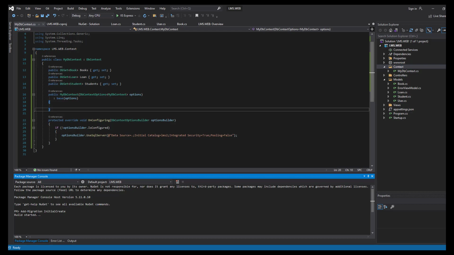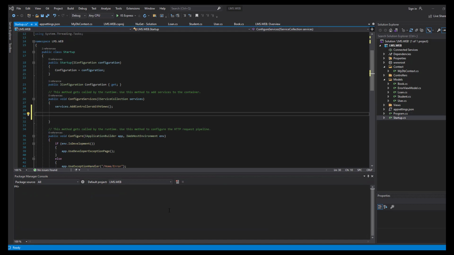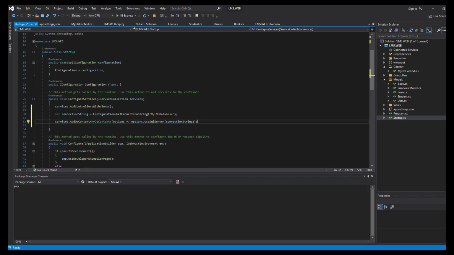Okay, go ahead, create, please. Again, it says build succeeded, but it's unable to create MyDB context for different patterns supported by design. So let's see what needs to be changed. I opened up startup.cs, and I'm going to add my connection string here, and add my context into the services,